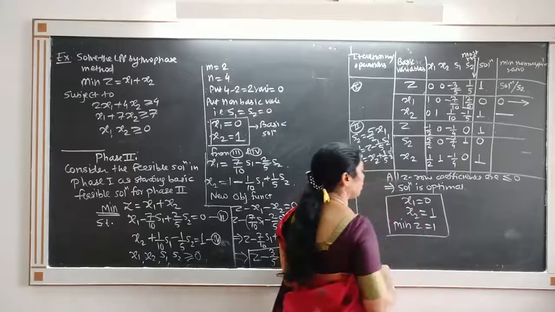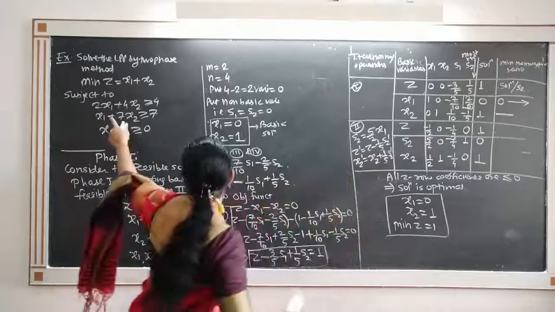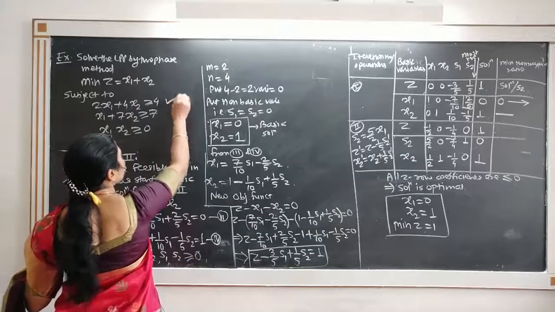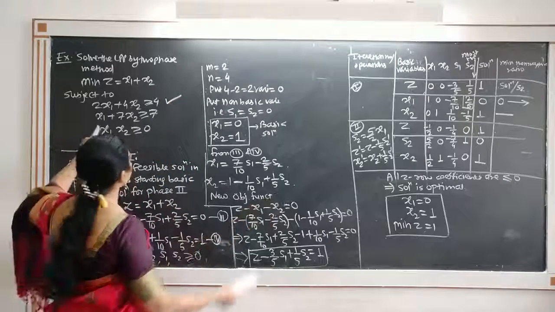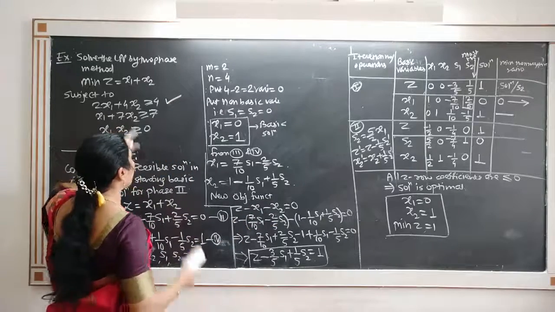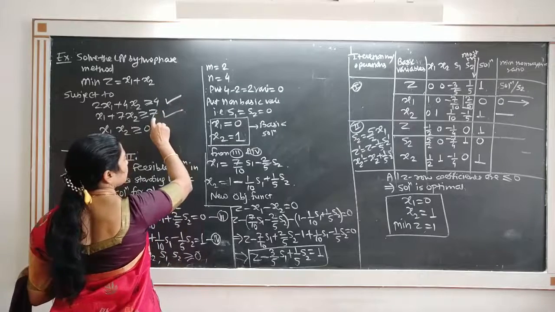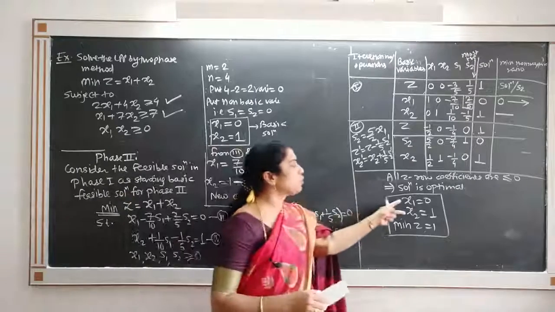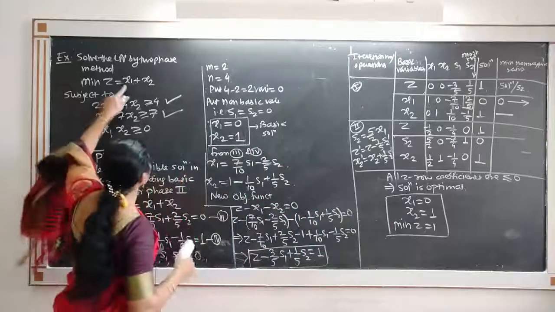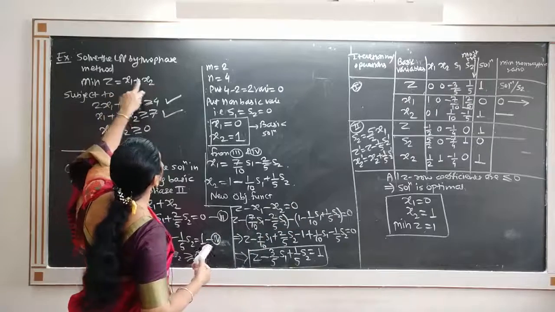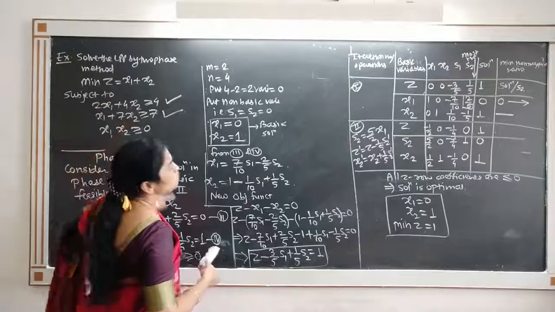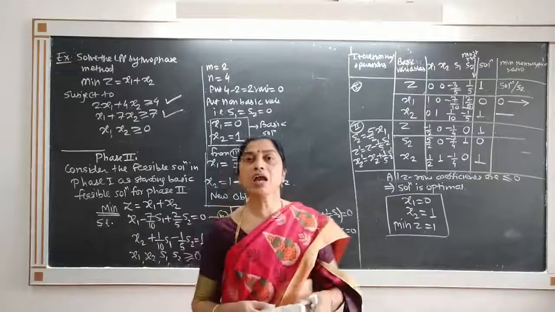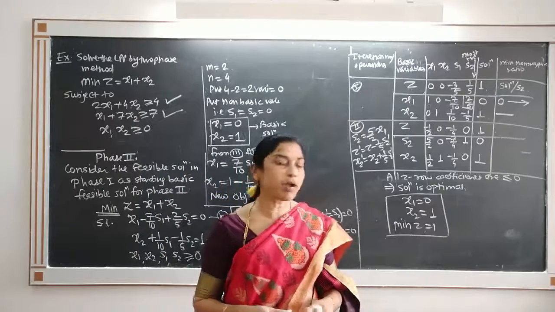Check your solution. If you put x1 equal to 0 and x2 is equal to 1, this becomes 4 equal to 4, equality gets satisfied. If you put x1 0 and x2 is equal to 1, 7 equal to 7, equality gets satisfied, and both x1 x2 are greater than or equal to 0. And when you put x1 and x2 value here, we get 0 plus 1, minimum z is equal to 1. So z is also correct, and all the constraints together with the two equalities are satisfied, which means that the answer is correct.